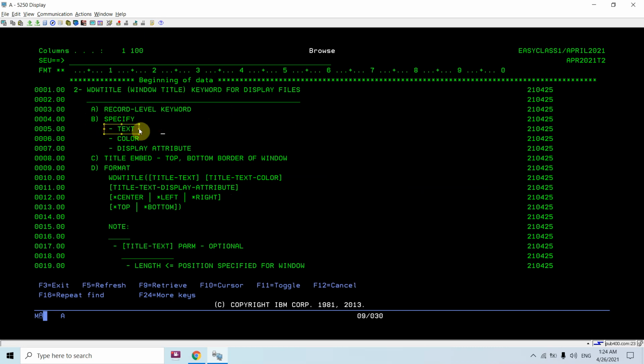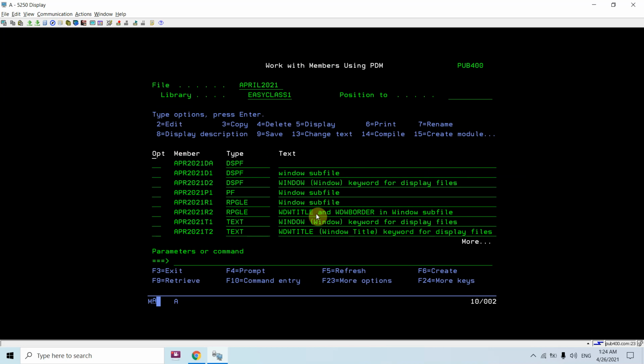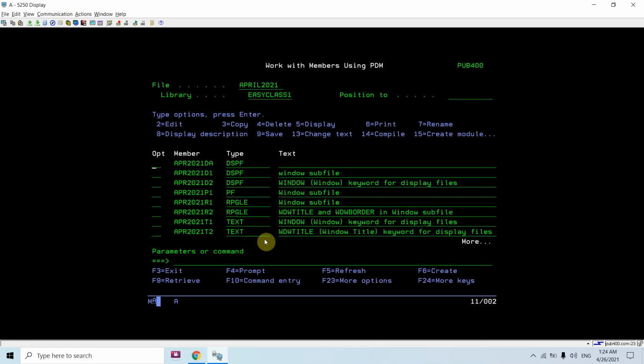We basically specify text, color, or display attribute. Here you can see I specified the text and the color. I didn't specify the display attribute here. I can, because all of them are optional parameters.